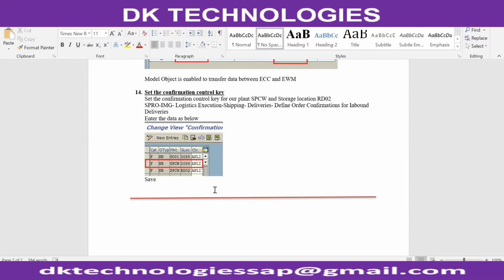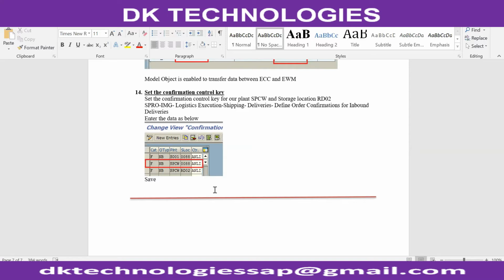That confirmation will be entered in the system. That confirmation is nothing but the inbound delivery. The AB and LA lines are received from the vendor, and it will be confirmed.